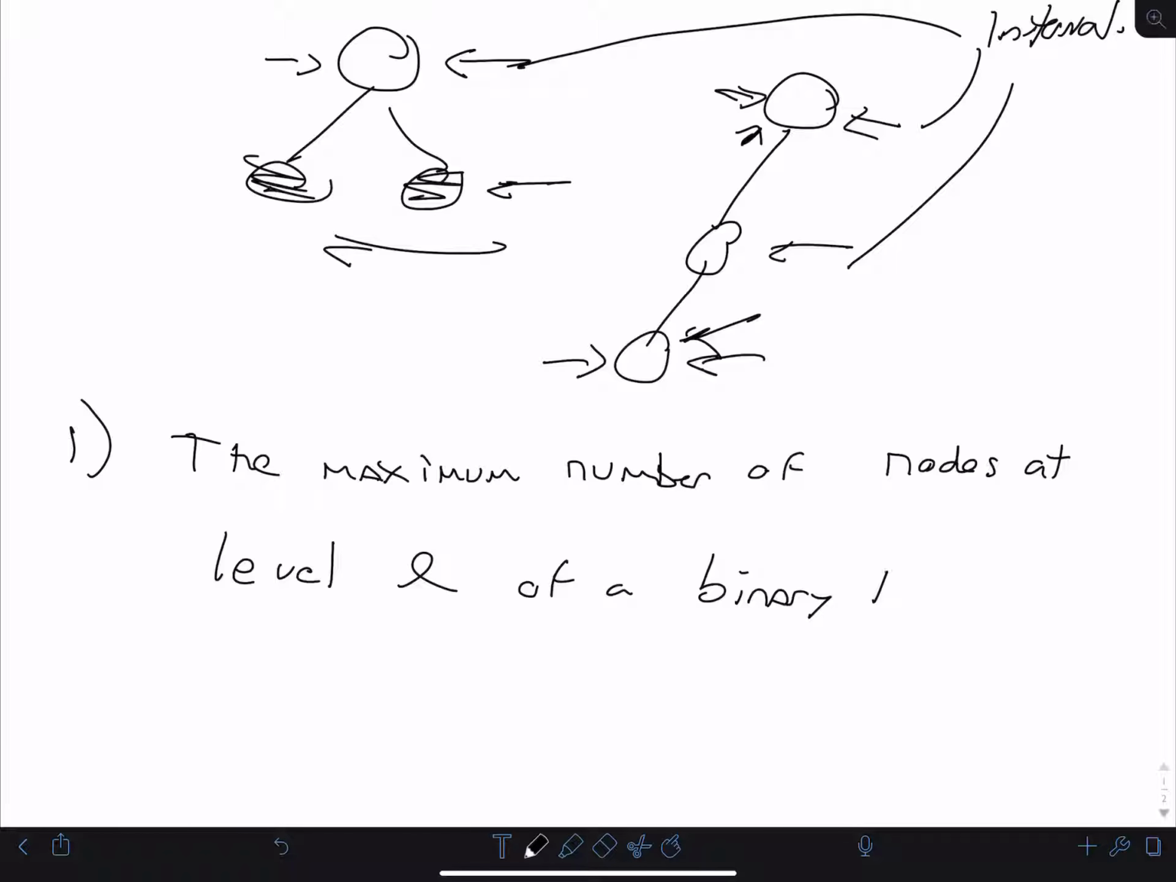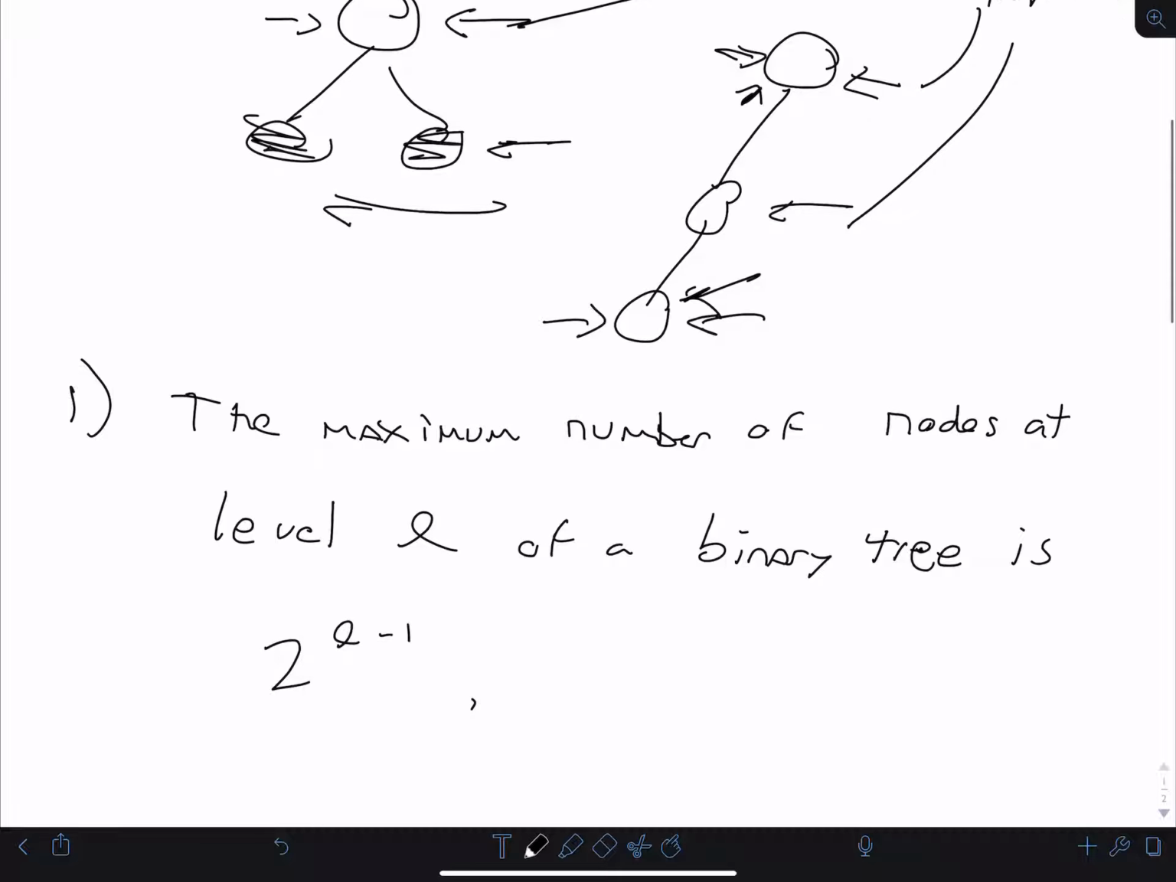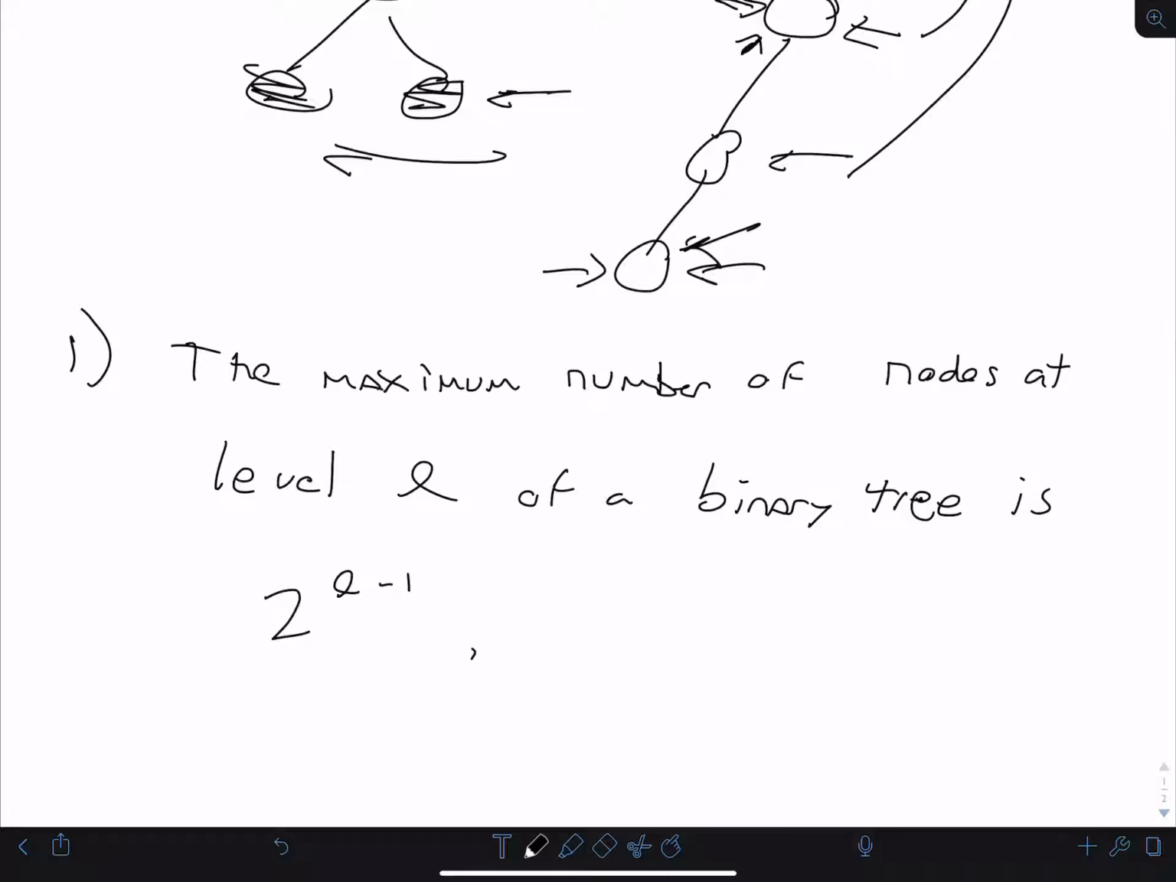And you don't want to call it B tree because that's a completely different thing. So beware of that. So the maximum number of nodes at level L of a binary tree is L minus 1. So what is